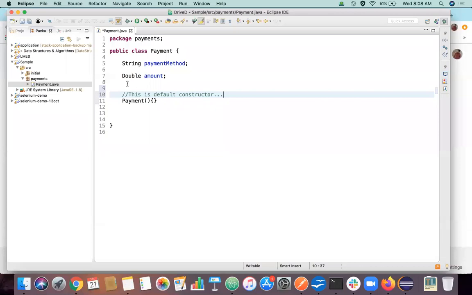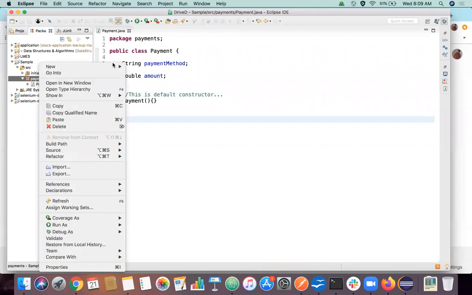If another developer comes and sees your code, he will not understand anything. So it is always better to write some statements where you can say I commented here, this is a particular piece of code, and it works for this particular functionality. It's always a good practice to write comments like this, right? So let's leave this class for now. We'll save this class.